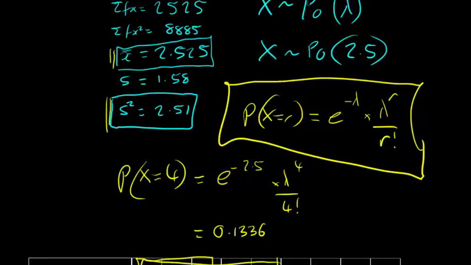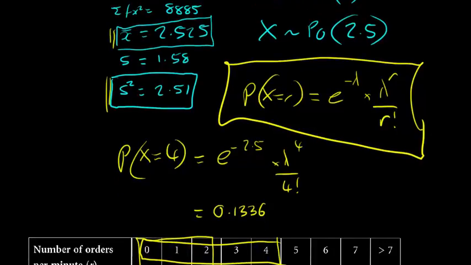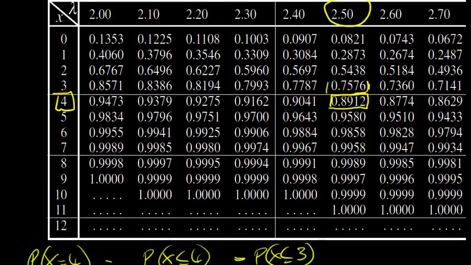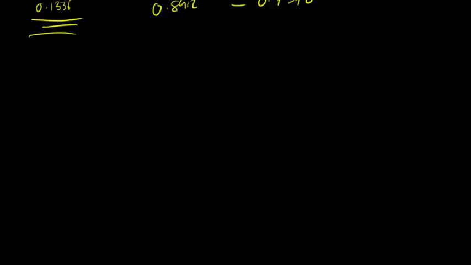And in the majority of questions that we do, or that you'll see in the examples, you'll probably end up using the tables quite a lot. If you need to find a specific value, x is 4, x is 6, x is 9, then you use a formula. If you need to find a range of values, then you start looking at the tables. Now obviously when we're doing a Poisson distribution, we need some idea of when we're going to model Poisson distribution. And generally speaking, here it is.